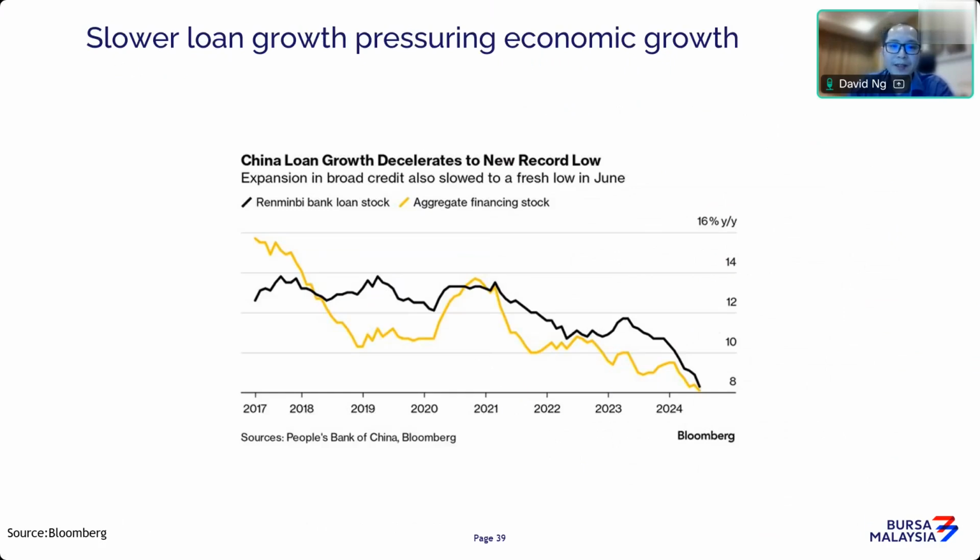Now, loan growth, again, is all reflecting the property crisis. As long as people don't have the confidence to spend because house prices are coming down, they are not going to take more loans either. So generally, when you have slow loan growth, your economy will not do well. These are all important parameters to look at. If you're looking at when the rebound in China's economy will come, you just have to look at the housing stats. If loan growth starts to moderate and you start to see loan demand coming back, that could be a sign that Chinese consumers are coming back to the market, and possibly that the government measures are starting to have an impact.